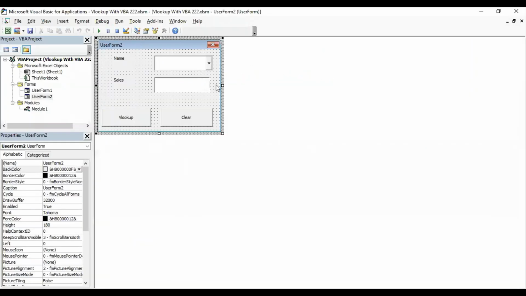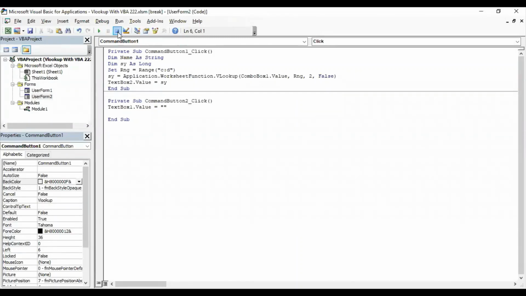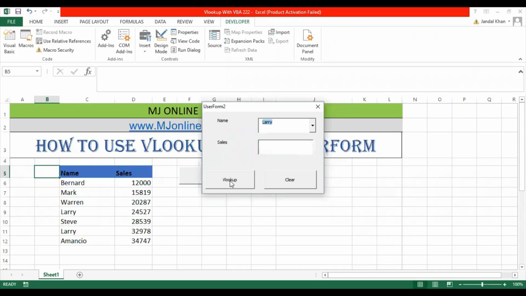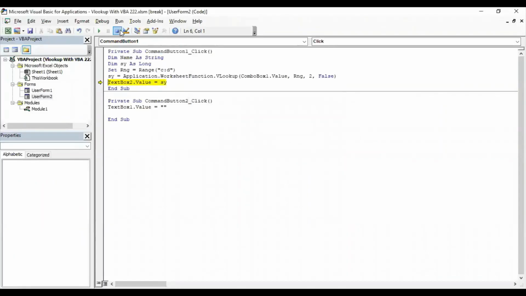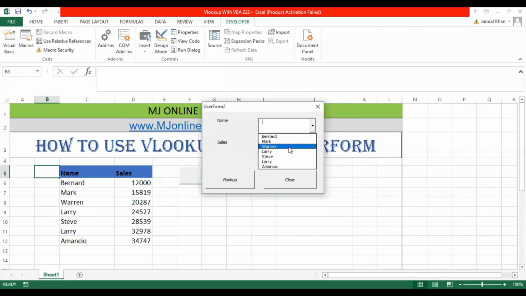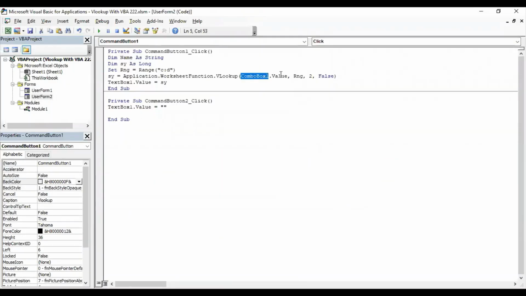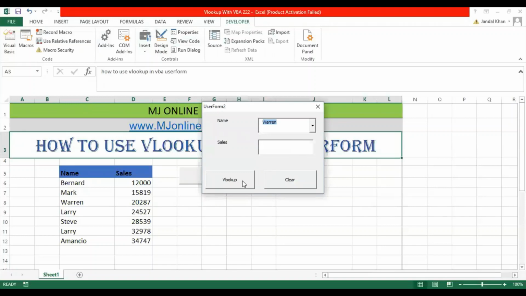So here you can see it's working, but there are some issues. I need to change the combo boxes as well, and here is the text box number issue. We need to change the text box number, as we have only TextBox1 in this form. And we can change the Clear button to clear the combo box as well. Once we change it, we just need to copy here, and set the value equal to blank, so it will clear the combo box as well.